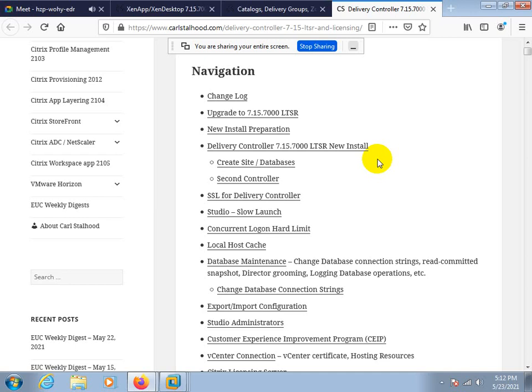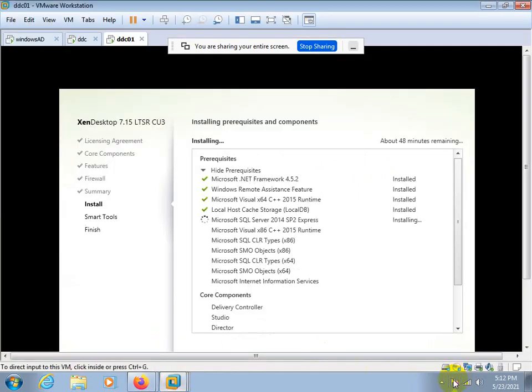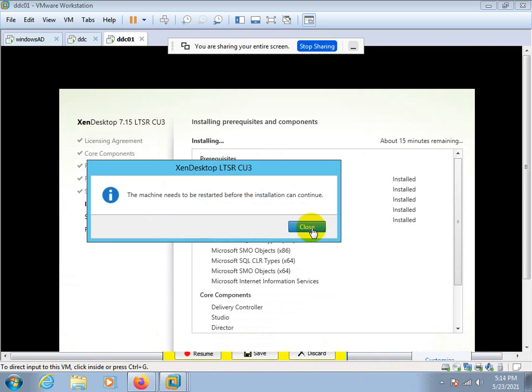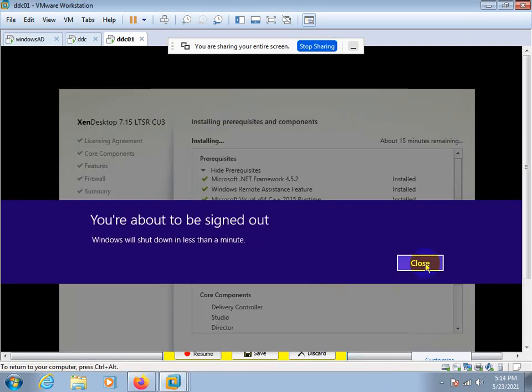And what happens if our database goes down for 7.15? Goes down or is not reachable or not available at that time? If your database server is not available. Okay, it's asking for reboot. Just rebooting this.